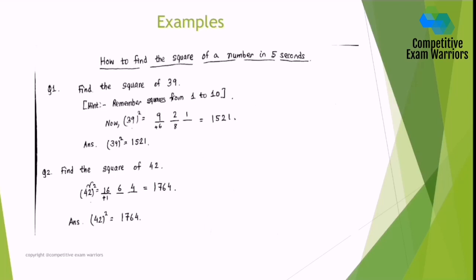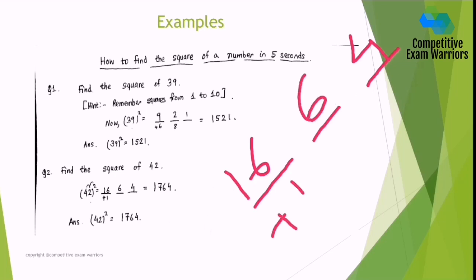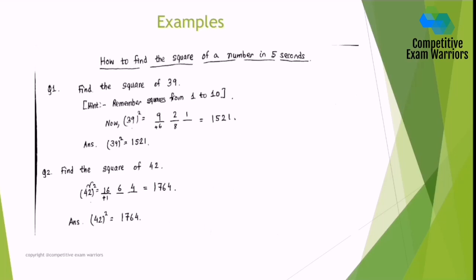Let's look at the square of 42. Again we'll make 3 lines over here. 2 square is 4. Let's place 4 in the units digit. 4 square is 16. So let's place 16 over here. Now the next step, it will be 4 into 2 into 2, that makes 8 into 16... so put 6 over here, carry forward 1 will come over here, so the answer will be 1764. I think now it's quite clear to you, and if it's not clear, please rewind the video over and over again and you will eventually understand it.